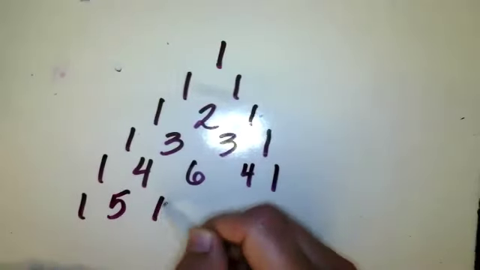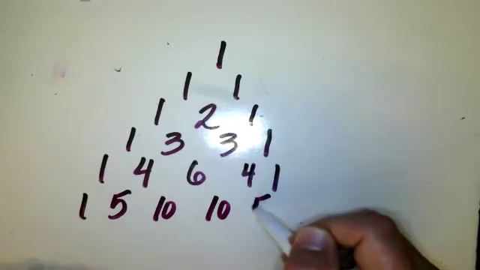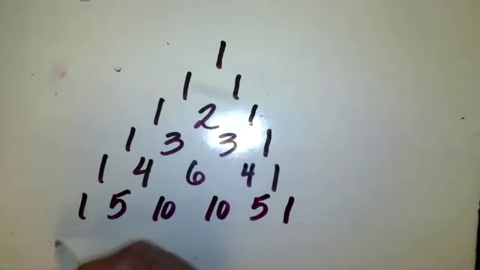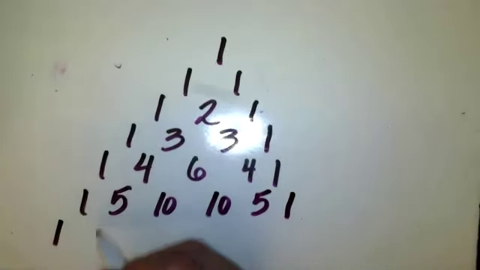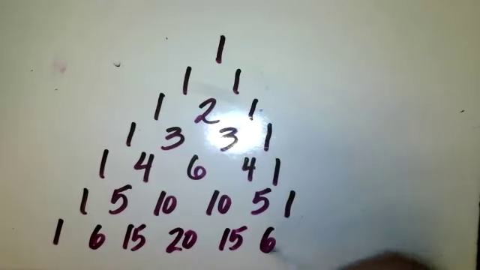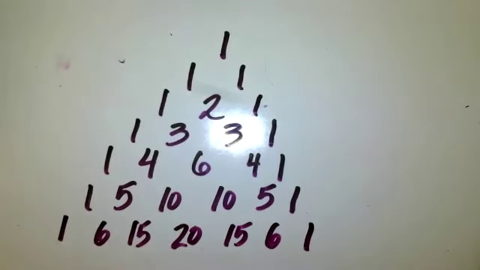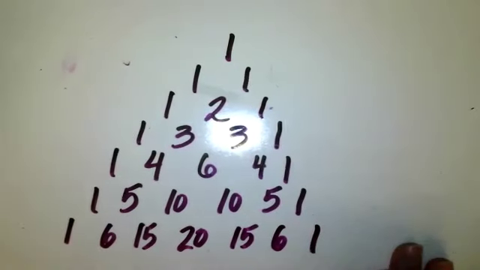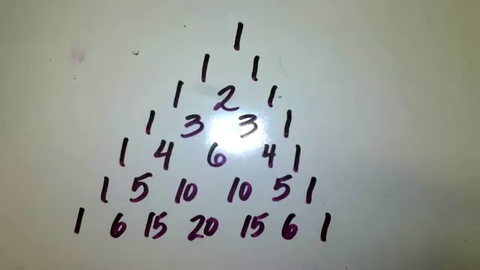1, 5, 10, 10, 5, 1. Good. One more. 1, 6, 15, 20, 15, 6, 1. Good. Okay. All right, so here we have Pascal's triangle, and what we want to understand is which line we